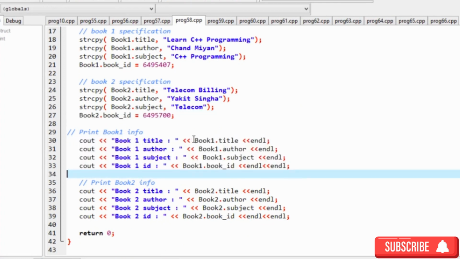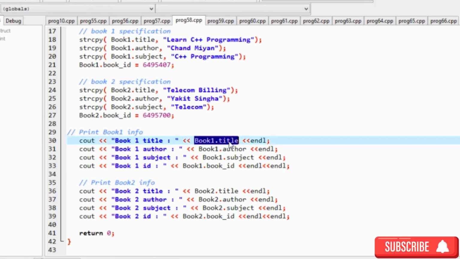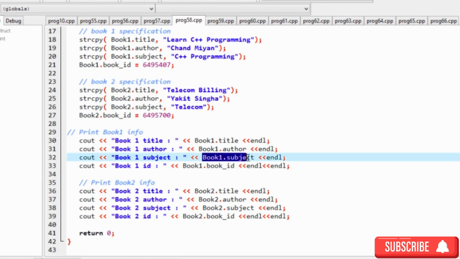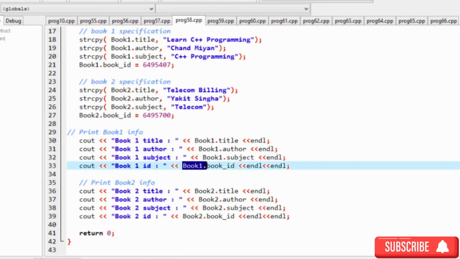It is very simple: structure variable name dot title. Here dot denotes the membership operator. Again we have structure variable name dot author, book1 dot subject, book1 dot book id. In this way we have printed all four field values,